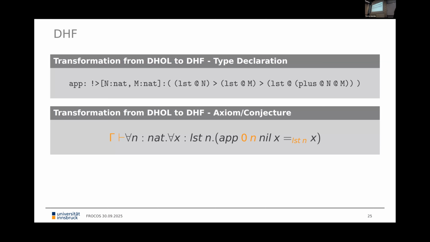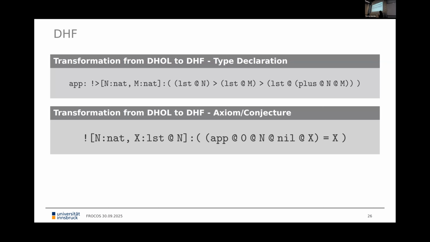And if we translate this to DHF, what happens is that, for one, the gamma goes away, the context, the theory is just the rest of the problem. We keep the inferable arguments because TPTP makes a point to not prescribe any kind of logic to it, so it wants to keep as much information as possible. However, we throw away the typing of the equality. This is a bit annoying because in type checking that requires us in a way to infer the types of both sides of the equality and check if they are equal, which is additional work.